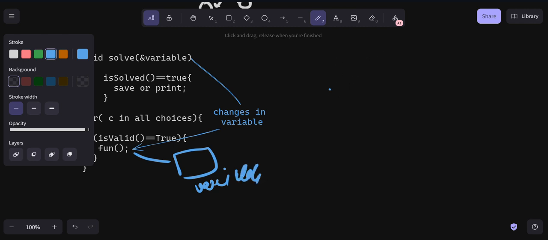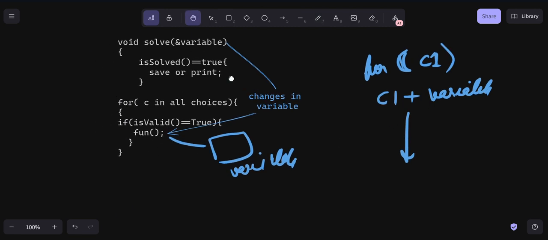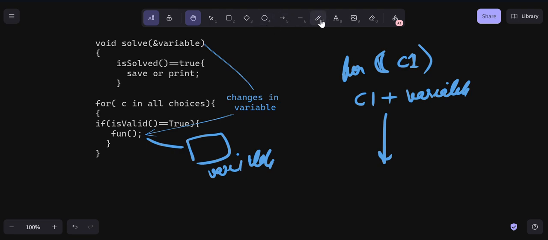So first we got into the for loop which has C in all choices. So let's start from C1. Right, C1 is passed. So let's say if we have some function C1, it will add with the variable. Then after this loop ends, once C1 is operated, then we will